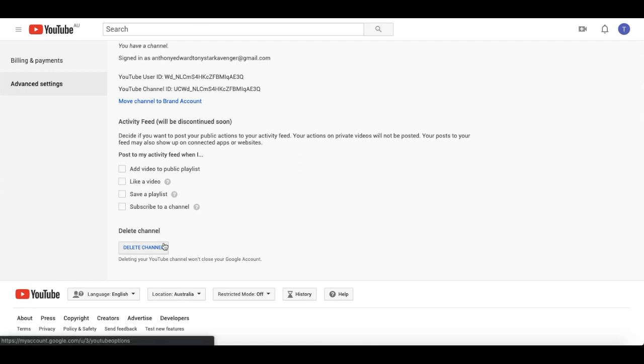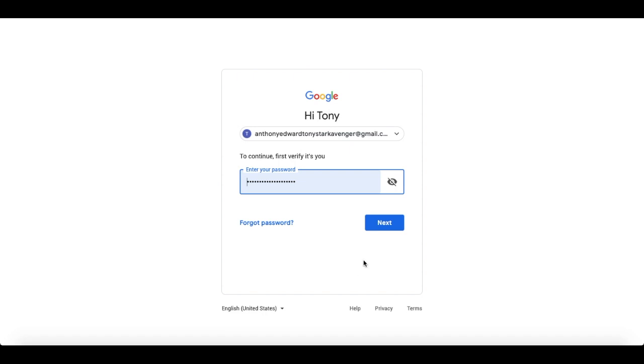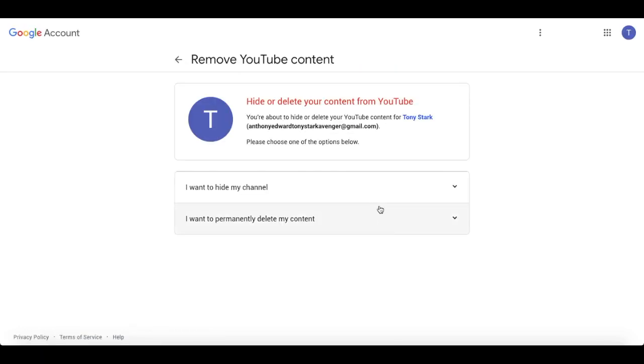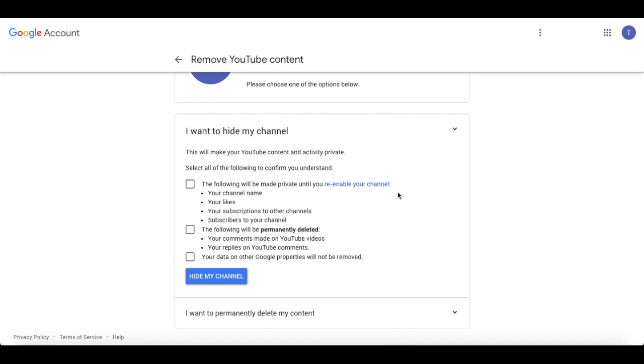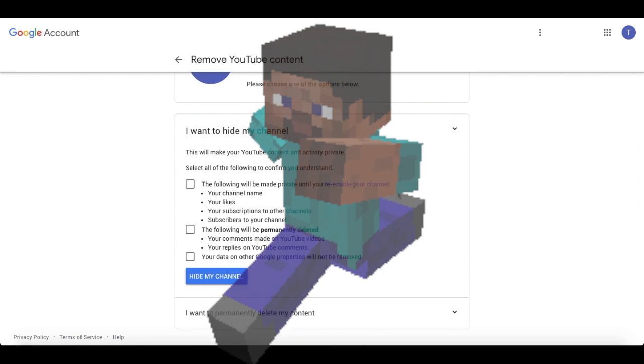If you value your YouTube channel, you probably don't want to click that because you're scared of losing your channel, which is fair, but it will first make you enter your password and take you to this page where it gives you the option to either hide or permanently delete your content. You can delete everything if that's what you want to do, but I'm assuming if you're watching this video you just want to hide it. Maybe you made Minecraft videos when you were 12 and you regret that and you don't want people finding that,